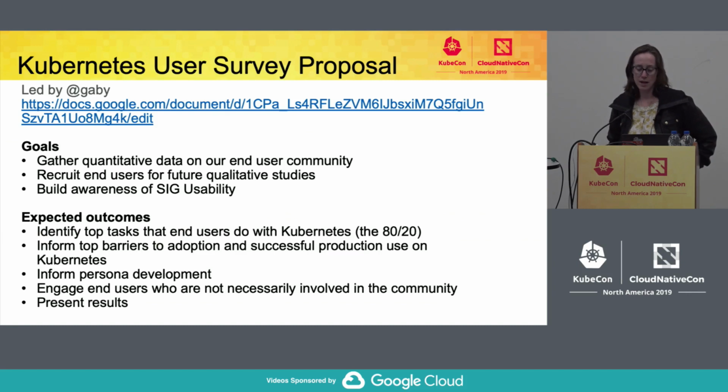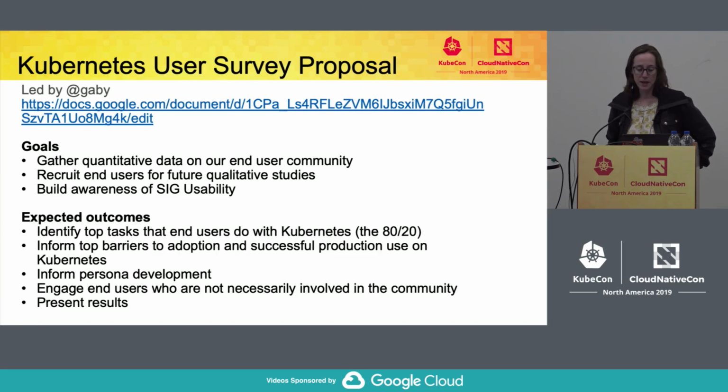What we'd like to do as part of this user survey, that is in a really nice draft form right now, is identify top tasks that end users do with Kubernetes, inform top barriers to adoption and successful production use, also inform our persona development. So right now, we know that the people who maintain Kubernetes are super users and maintainers of Kubernetes, but do we understand the users of Kubernetes who are not the maintainers, and how are they different, and what are they trying to do? And can we develop some personas that we all then think about